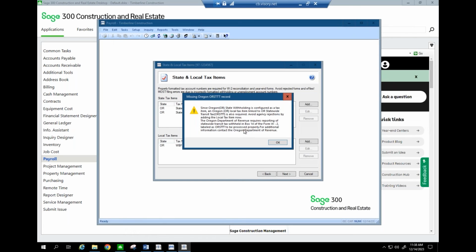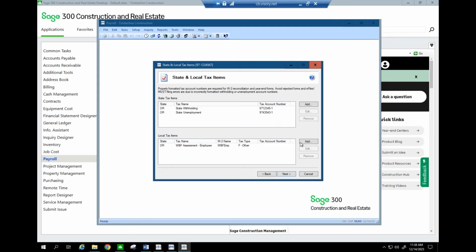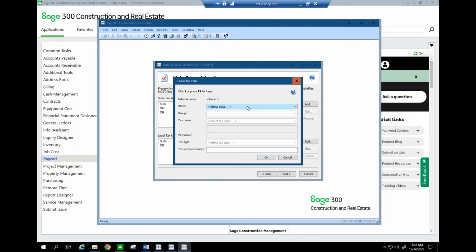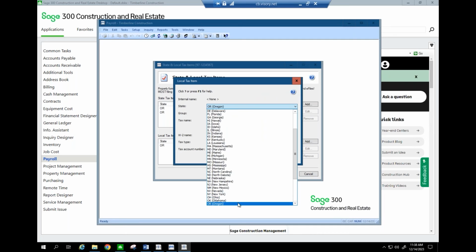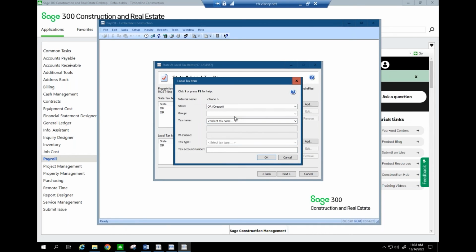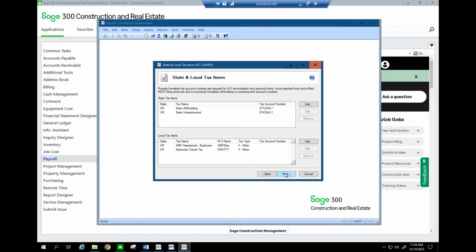Or if you're in a different state that has different tax filing rules that you have to comply with, Atrix is there to help you, right? So this is talking about the Oregon Department of Revenue saying, hey, it requires a statewide transit tax withheld in box 14. So if I click OK and I click add down here, I'm going to comply with going through this process here. The group is not required, that's grayed out. But if I come down here to statewide transit tax and click OK, now if I click next,